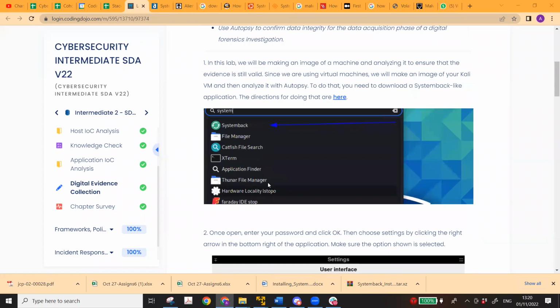So the idea in the lab is that, let's assume that you are going to investigate a system which has been compromised, or you want to collect the evidence. But before you collect the evidence, you need to take the image of the system. And then, because one of the most significant things in digital forensics is to verify that the